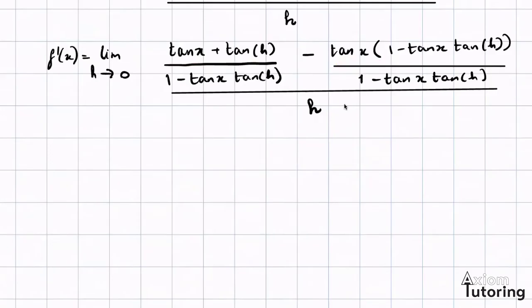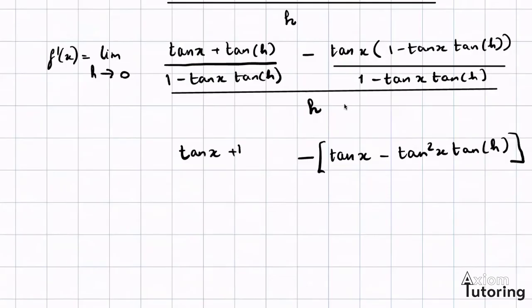So if I first multiply out the term on the right first, I'll get tan x minus tan squared x tan h. And then, of course, the term on the left here is just tan x plus tan h